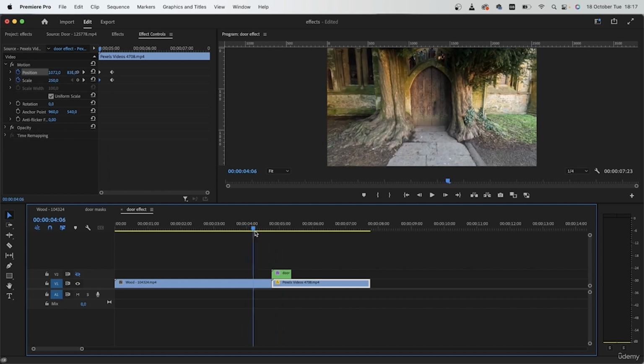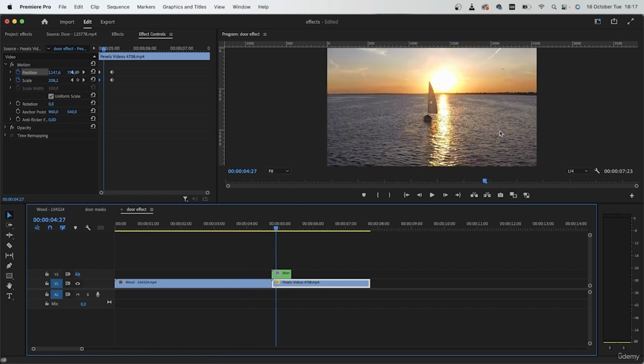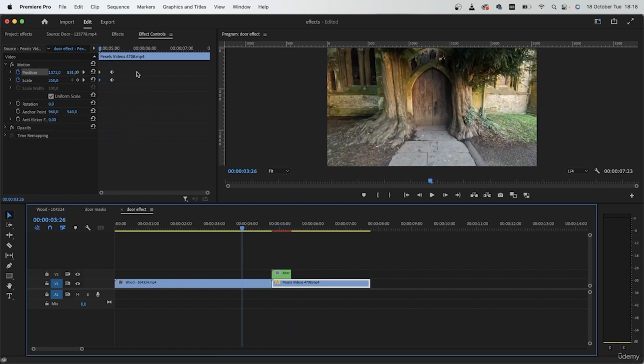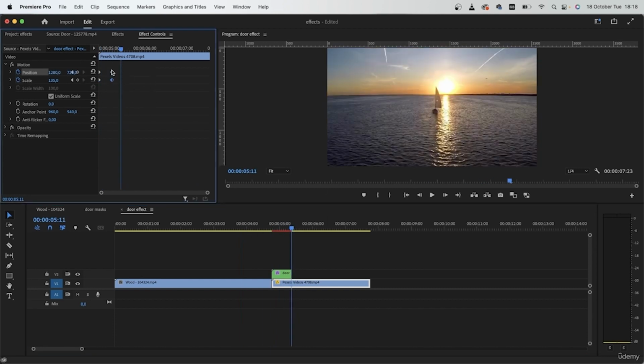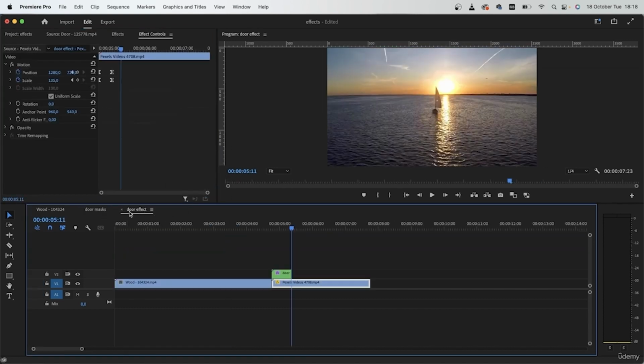So when we're revealing this, we're kind of zooming out from the video as well. That's something you can do with it. You can add the transform effect so that this transition has motion blur. I'm just going to stick with something simple, work with my keyframes, and now we have this really simple door